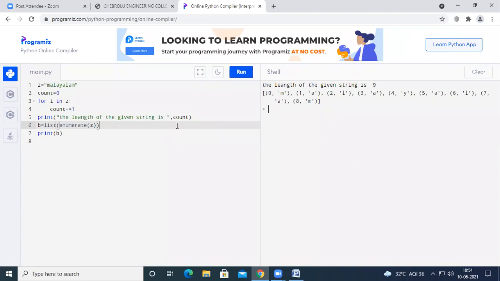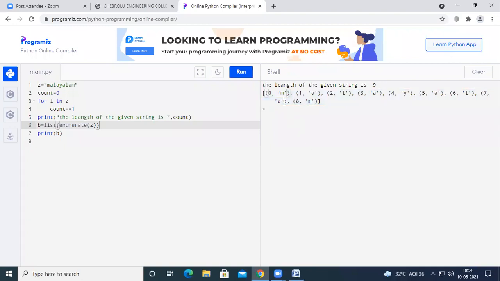But if you use list along with the enumerate function, then it is going to return some pairs. In each and every pair, there will be an index and a value. The first one is the index and the second one is the value, right?